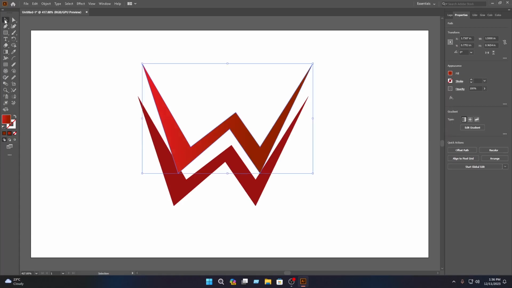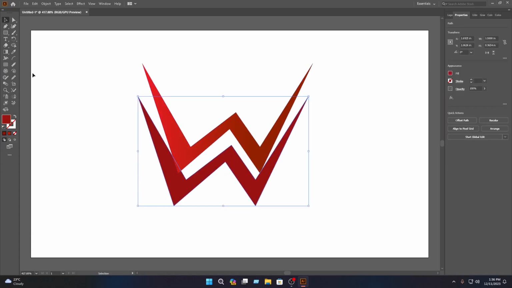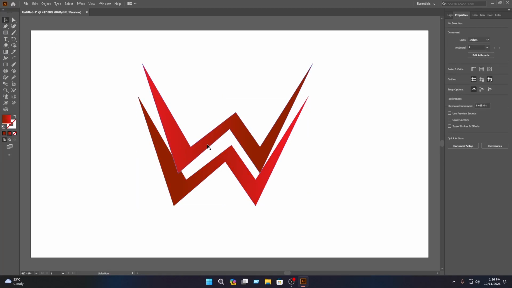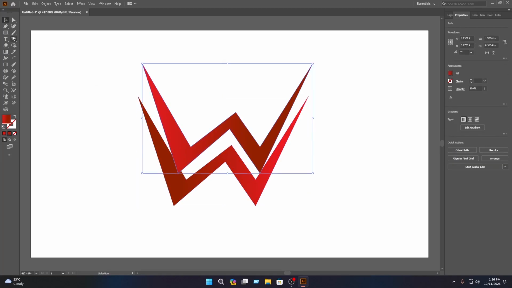then select the move tool, then select this and select the gradient tool, then click on here, then select this and drag this in here, then select this and drag this in here, then select the move tool, then select this layer again, then select the gradient tool, then click on here, then select this and click on the fill,